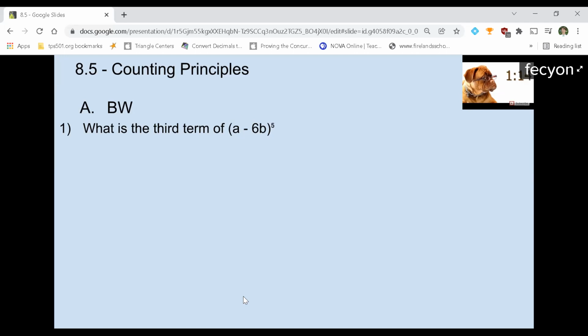This is an example where we want to use 5 choose 2. That second number tells you the power of the second term, the second component. And keep in mind that the first term is a to the 5, b to the 0, so it starts counting at 0. The second term would have a power of 1. The third term would have a power of